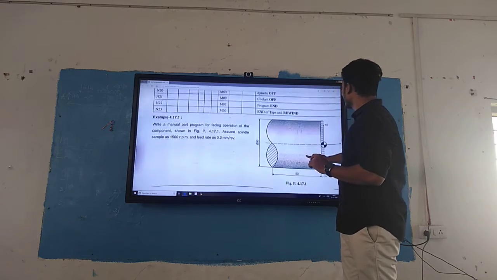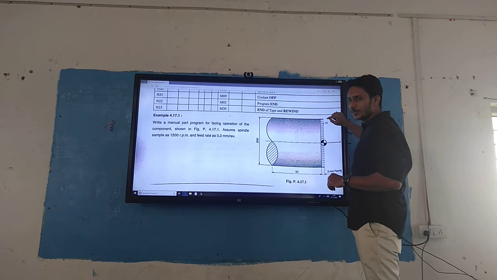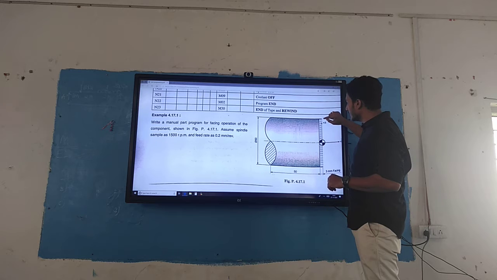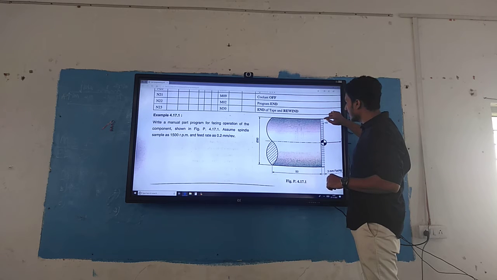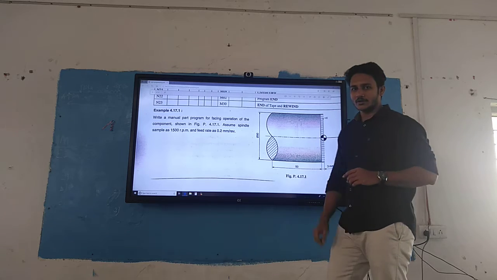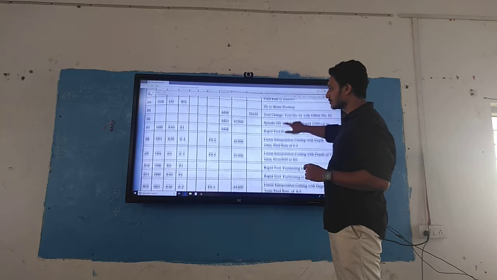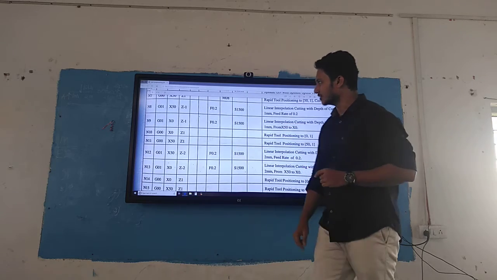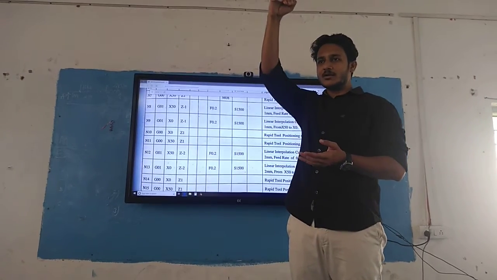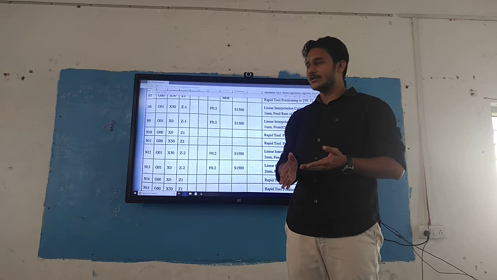It means before that we have Z equal to plus 1 somewhere here. Now this is 0. Z equal to 0. Now this is Z equal to minus 1. Okay, that is the rapid tool movement or the linear interpolation. Okay, so that is 50, but I haven't done my facing yet. I need to come down to do my facing.